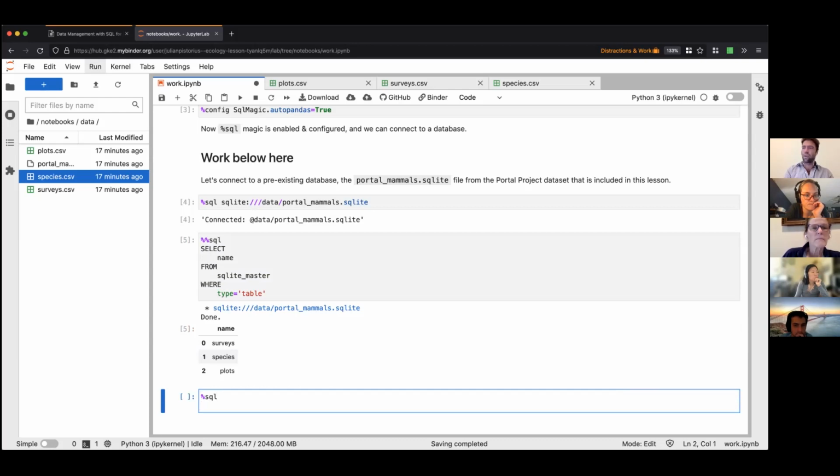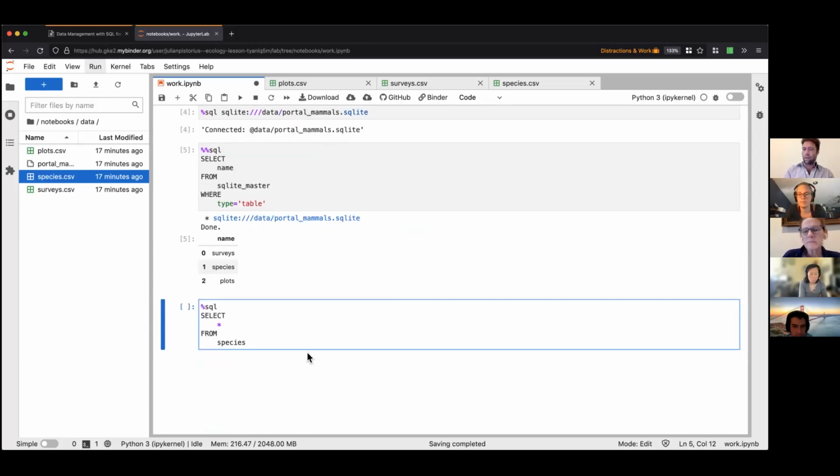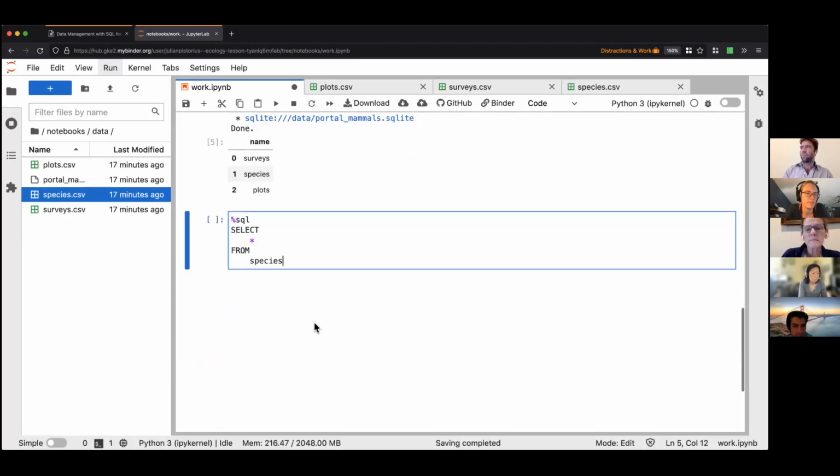So how do we get data from them? Let's say I want to see all the species. Again, we use the select command. I like to indent my code like this. Star is a thing that says, show me all the fields or all the columns from species. That is your minimum viable SQL query. So if I run that,